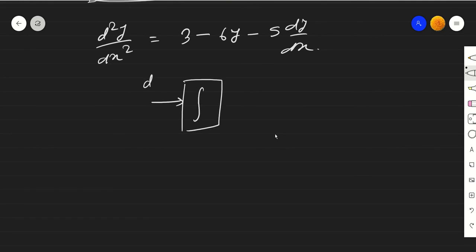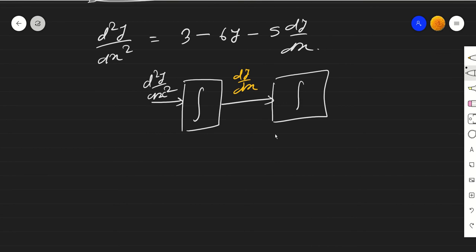Why? Because I am going to take here d2y by dx square. So we are going to get output as dy by dx. Now after that, one more integrator block, and then we will get again y. So y we have got, dy by dx we have got, and d2y by dx square is already there.